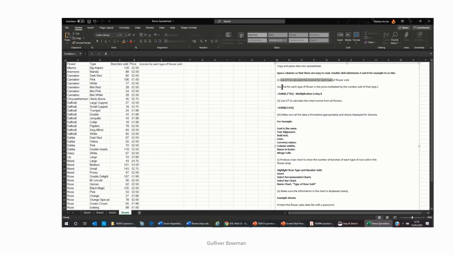Now they give us a clue in these types of tests. Income for each type of flower is the price multiplied by the number sold. So you're going to be multiplying bunches by price. On a calculator all you do is 130 times £2.50, and essentially we're telling Excel to do exactly the same thing. So this is our sample formula here. All I have to do is type in equals, like so, sum,